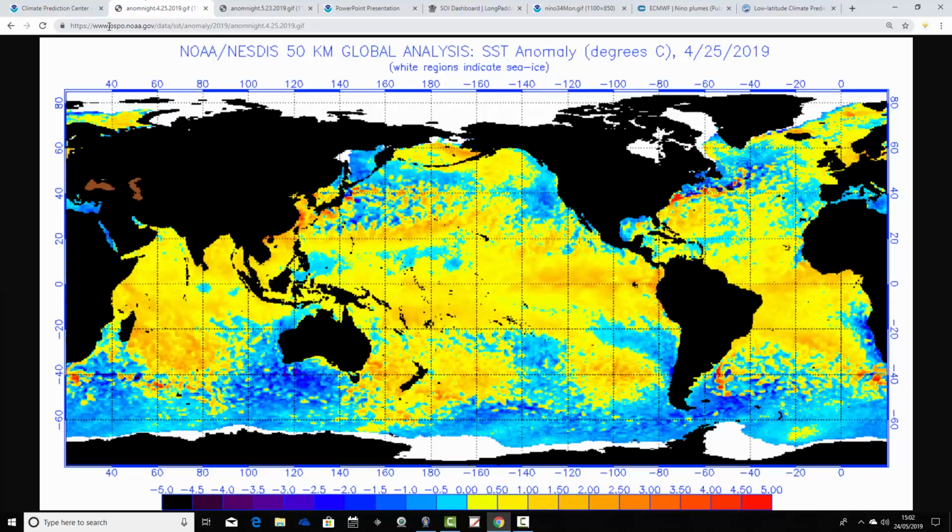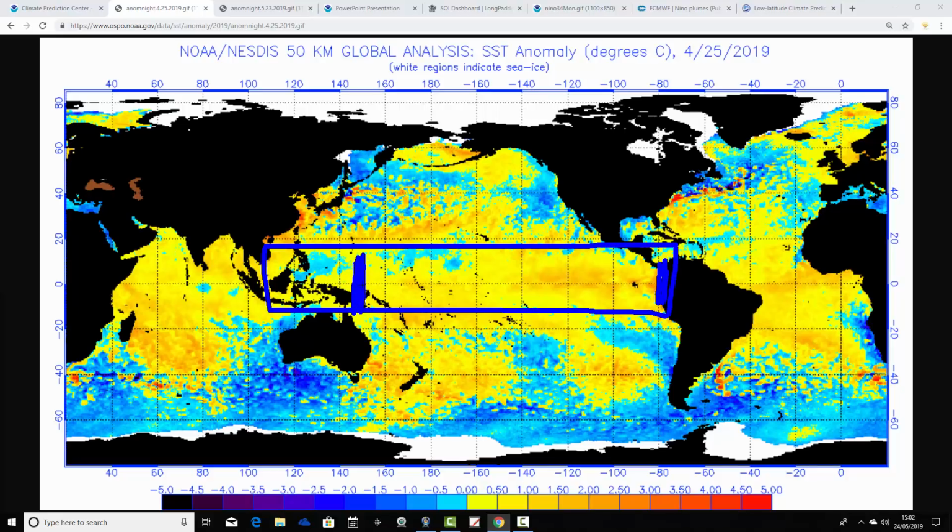Well, this is how the sea surface temperature anomalies were looking last month, when we did last month's ENSO update. So, of course, this is the area we're talking about, the equatorial Pacific Ocean just here. So it's the sea surface temperature anomalies from Peru, which is just there in South America, and Indonesia, which is over here.